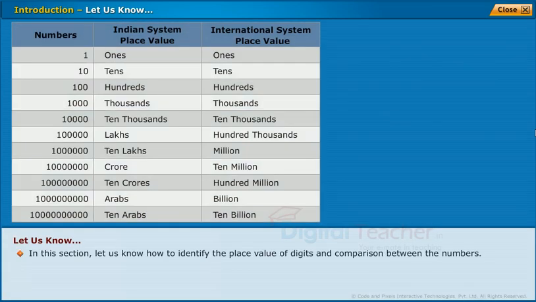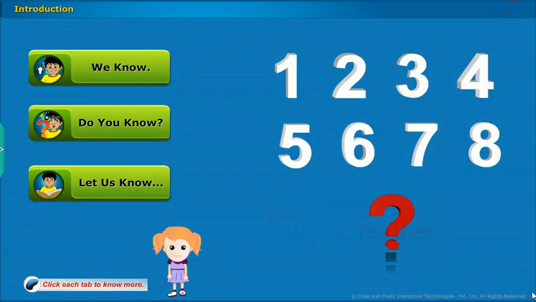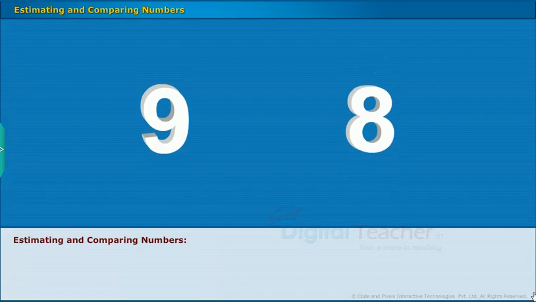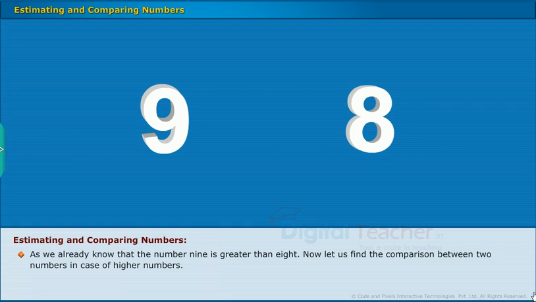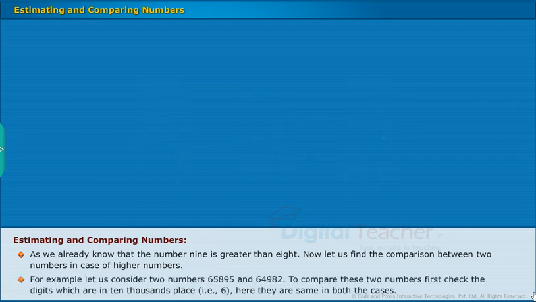In this section, let us know how to identify the place value of digits and comparison between the numbers. Let us know how to estimate and compare numbers. As we already know that the number 9 is greater than 8. Now, let us find the comparison between two numbers in case of higher numbers. For example, let us consider two numbers